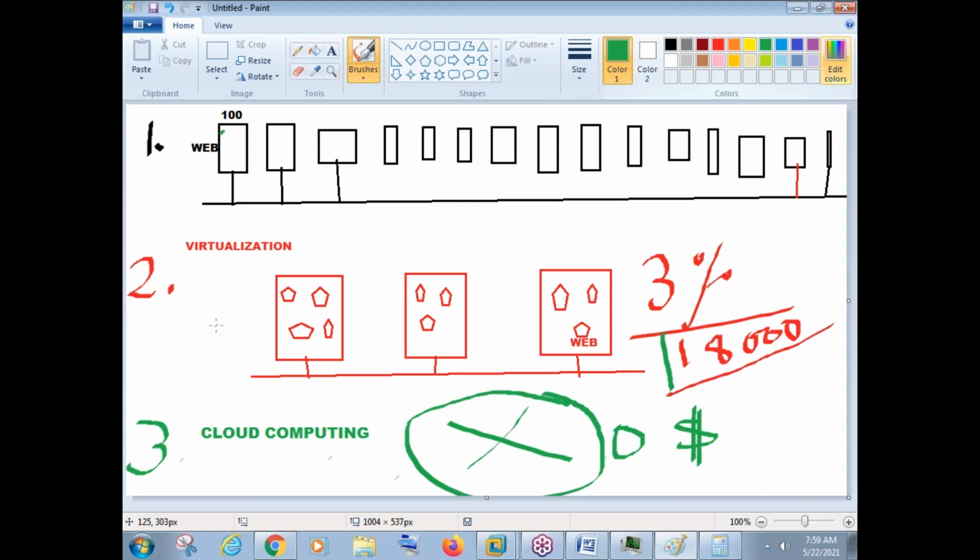Cost is very, very less actually. And there are many other advantages of cloud computing compared to the physical setup. So once you do your MCSA, CCNA, and Linux, if you want to choose a career path, it is better you think of cloud computing, because there is a huge scope in cloud computing as of now. For the next 5, 10, 15 years, cloud computing will always be in more demand.